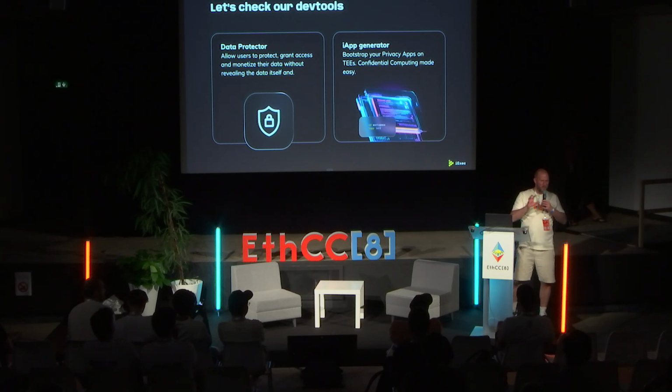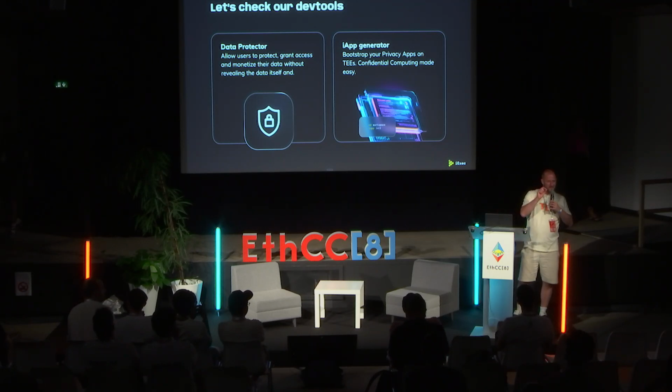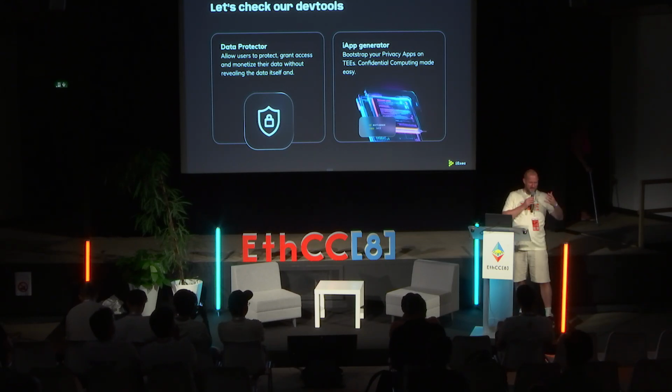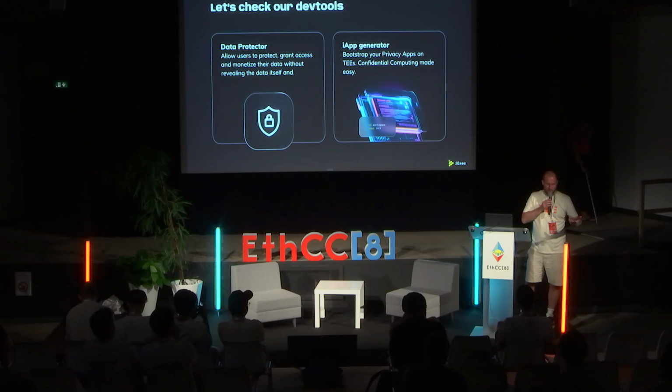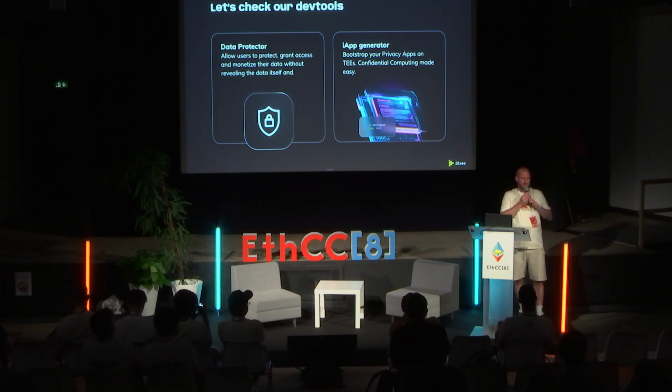And about the blockchain layer, when you are protecting your data or you are deploying an IXEC application, you get an NFT minted on the chain. With the metadata, it's the identity, it's the ownership. If I'm protecting your data, we are minting with our smart contract an NFT linked to your wallet. So you own this data, and you can set some governance rules to set some monetization rules if you want. I hope it's clear.